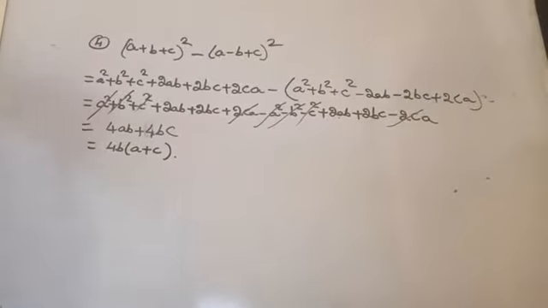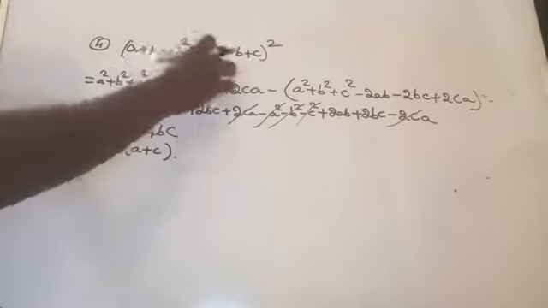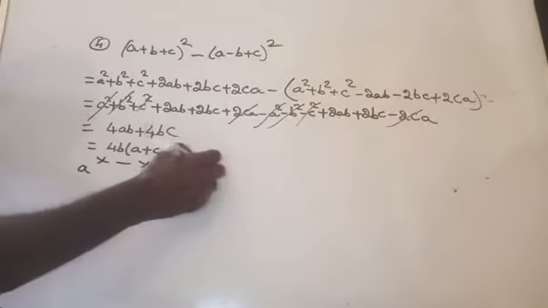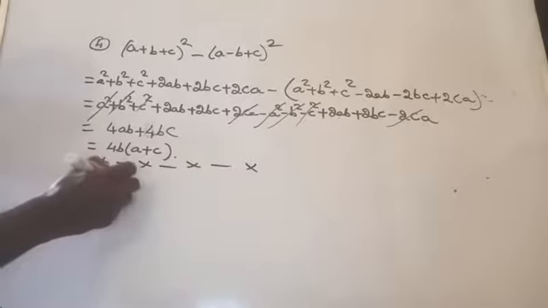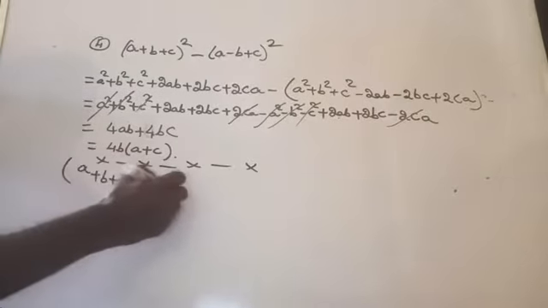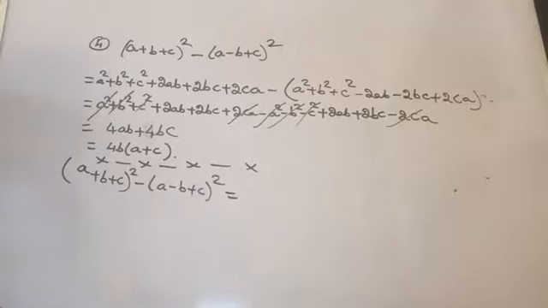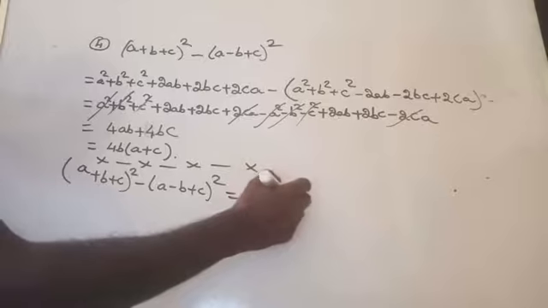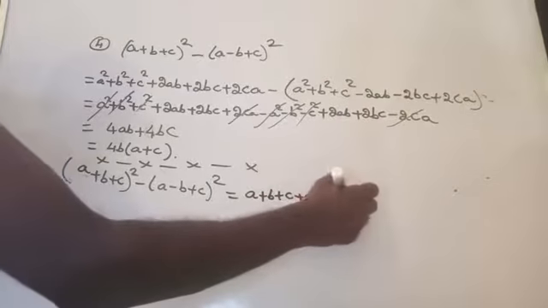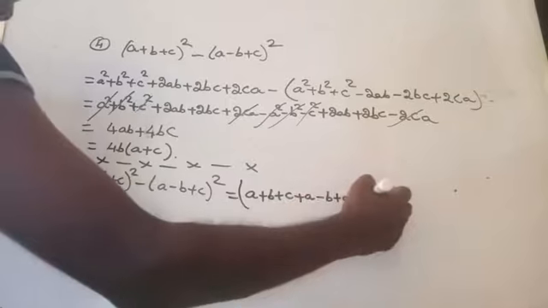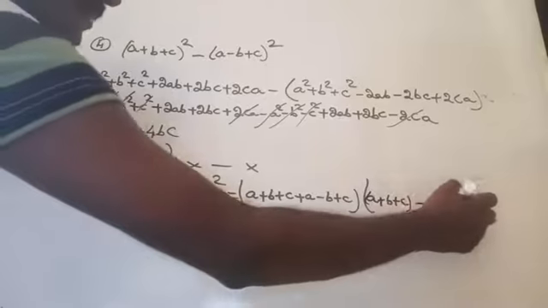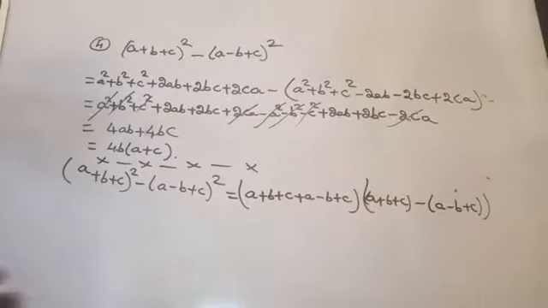Am I right here? Otherwise what you can do, it is in the form of A square minus B square, that is A plus B plus C the whole square minus of A minus B plus C the whole square. Consider the whole thing is x, it is y, x square minus y square. Then it will be x plus y into x minus y, that is A plus B plus C plus A minus B plus C, that is x plus y into x minus y, that is A plus B plus C minus of A minus B plus C. Am I right here? Yes.